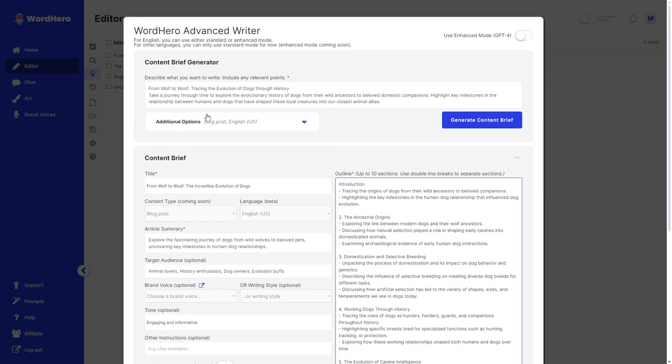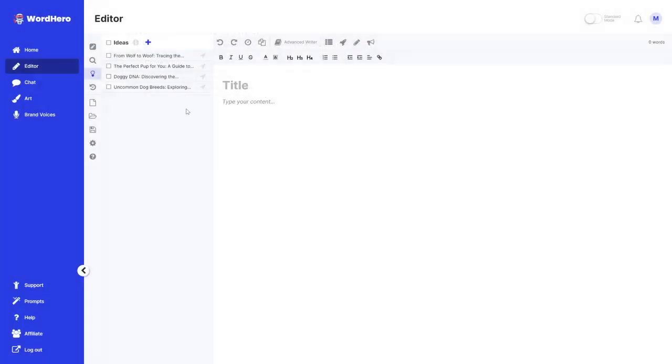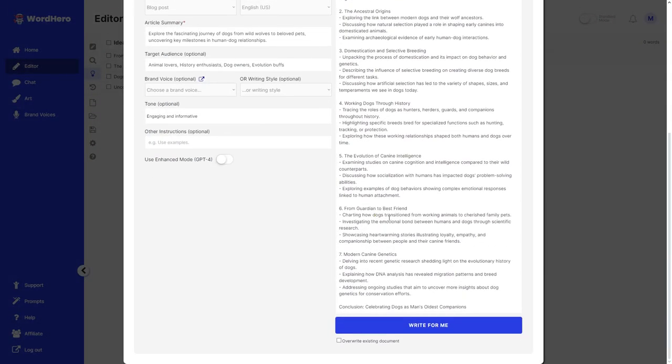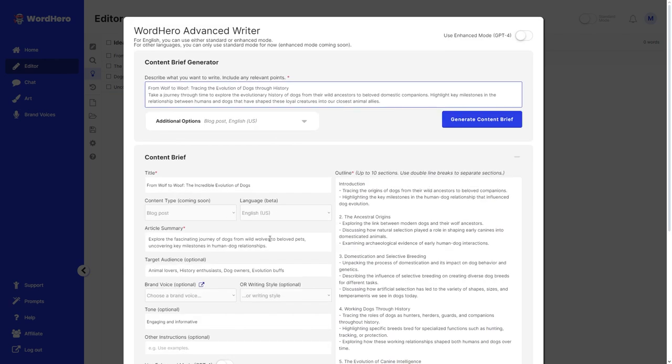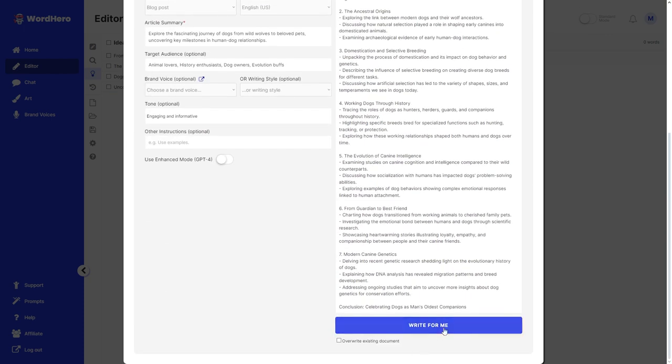So if you have a topic in mind that you want to create content with, just type it in this tool, generate your idea, of course, send it to Advanced Writer, and let WordHero write the full article for you. For me, I'm not going to do that because it will take me 15 minutes just to write all of this, right? Using the Advanced Writer. But if you are satisfied with what you have here, then go ahead and click the big blue button, and voila, you can use this content for your blog, for your post, or for whatever article that you are writing